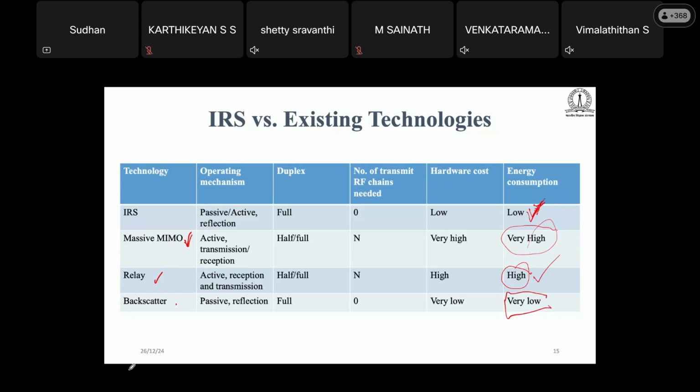Okay, and yes, these are some applications of IRS, and there are some competitors of IRS. You can see that IRS is a comparatively better power and spectrum efficient technology compared to massive MIMO, relay and backscatter. Okay,